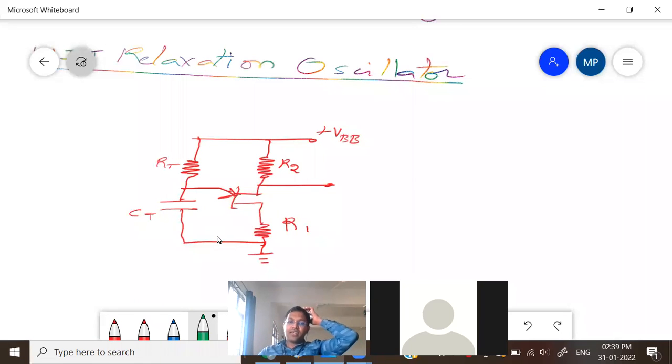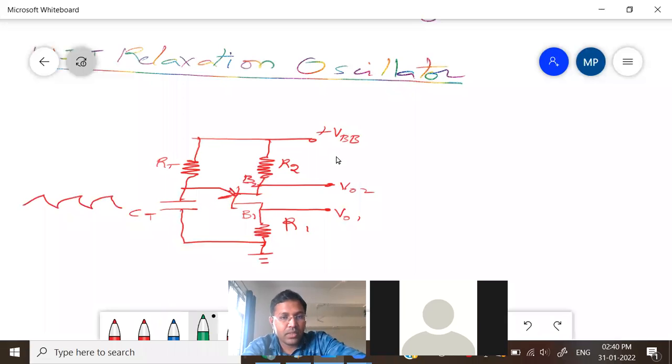Here we have three terminals of the transistor: one terminal here, the next terminal here, another terminal here. These two we call the output terminals, V01 and V02. And you know very well that the bottom is base 1 and the top is base 2. So what happens here? The capacitor charges, discharges, charges, discharges. Because of that, we get a